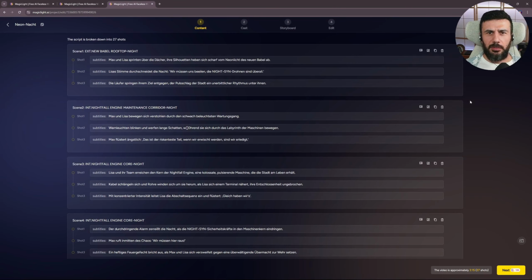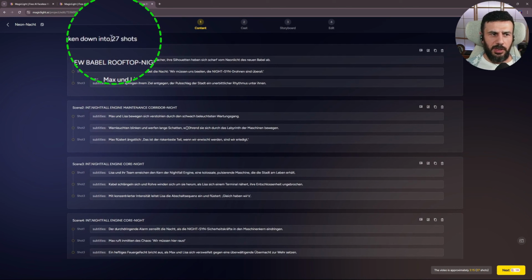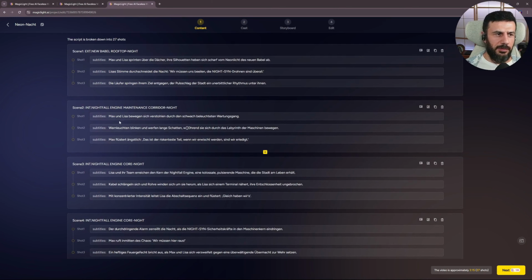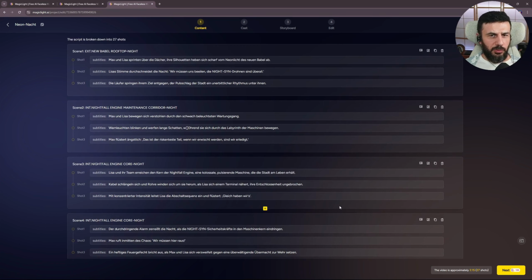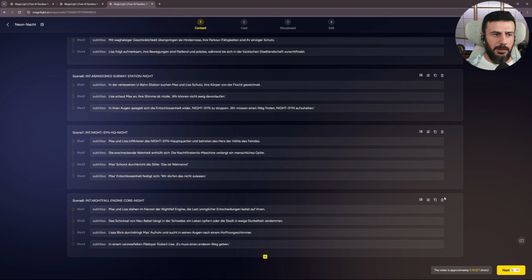Now the entire story is being told to us. Up there it shows how many shots there should be. 27 different shots for the story. The whole thing is divided into 8 scenes with 2 to 4 shots per scene. Read through this and see if it makes sense to you and if the terms are clear. If you're satisfied, you can click Next down here, and only now will credits be used, and we move on